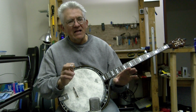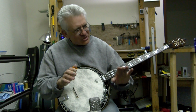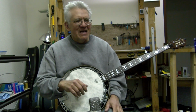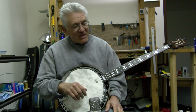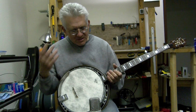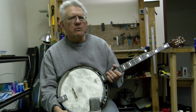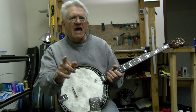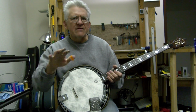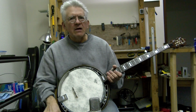The setup was right, the feel was right, the sound was right, everything was just right on that banjo. So I really, really like that one. So I'm thinking about getting another banjo, and I'm looking at possibly the Gold Tone BG-150F. So if any of you guys have any personal experience with that specific banjo, I know the rest of